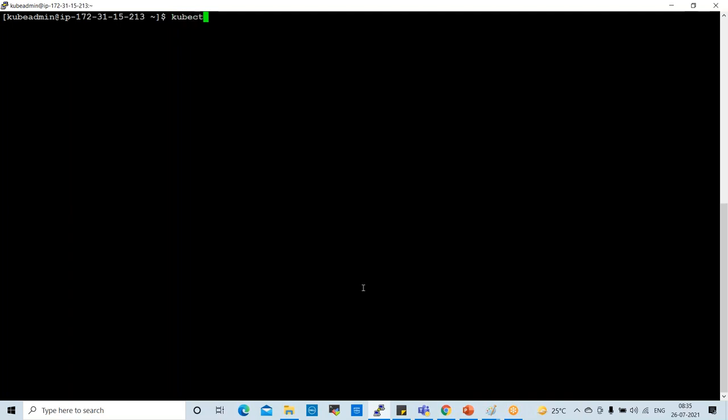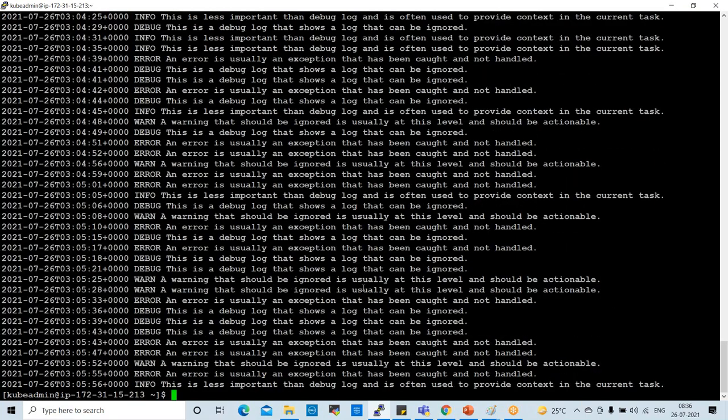kubectl logs deployment/logger. See here, only the logger deployment logs. So these are the logs generated by Kubernetes for the logger deployment.